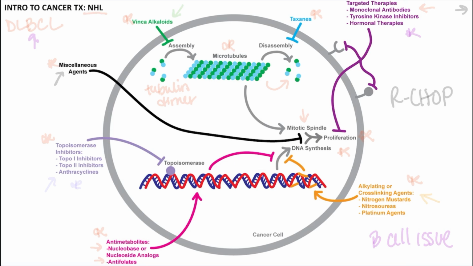For this video, we will be focusing on non-Hodgkin's lymphoma, specifically diffuse large B-cell lymphoma, or DLBCL, and its most common treatment regimen. And as you might expect, based on the anti-cancer treatment regimens you came across back in Block 2, this treatment regimen is going to be composed of a combination of agents, including conventional cytotoxic chemotherapies and different targeted therapies. But before we dive into our diffuse large B-cell lymphoma discussion, let's do a quick overview of general